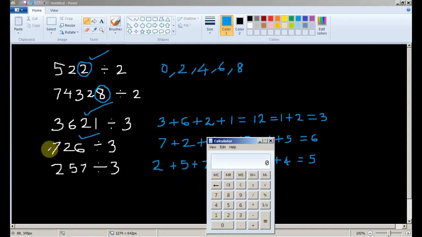Now let's check 726. It's perfectly divisible by 3. Let's check the first number, 3261 divided by 3. Yes, it's perfectly divisible by 3.